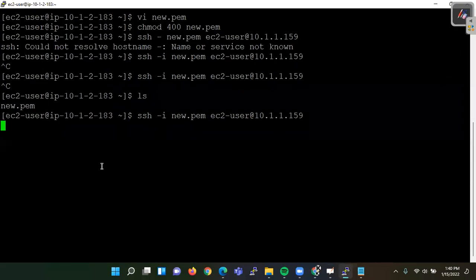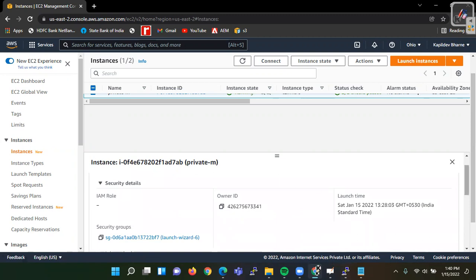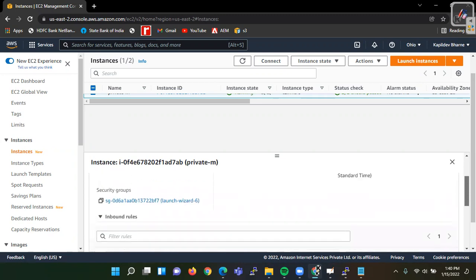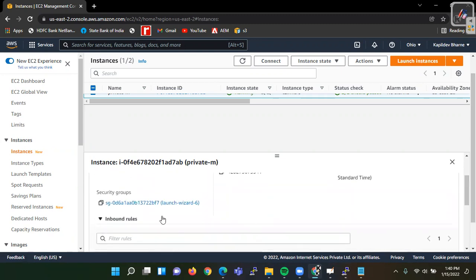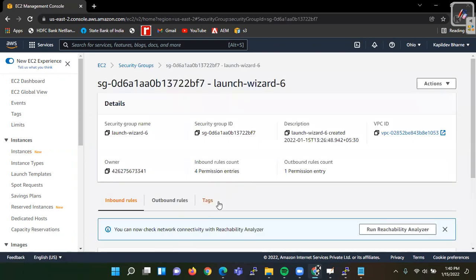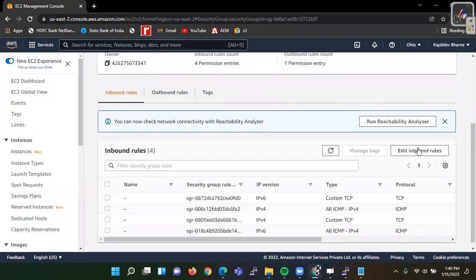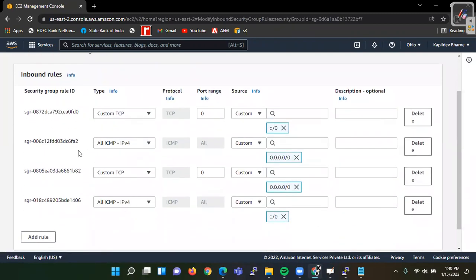Yeah, but there is a SSH. Is there any? We have TCP here. Okay. SSH option is not there.